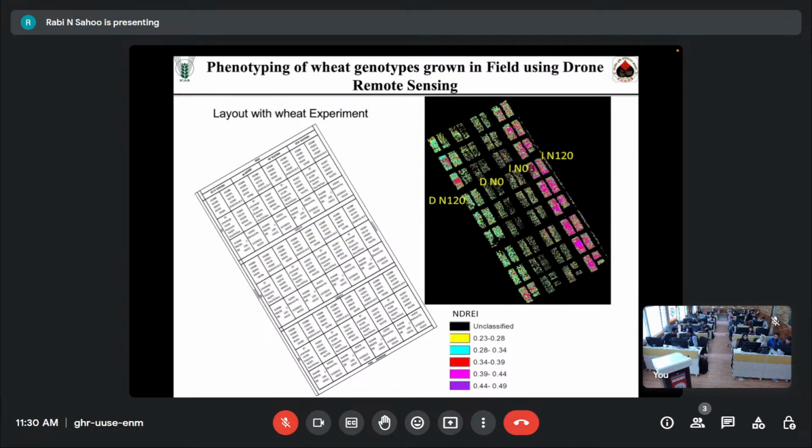Plant scientists who are breeders are looking for how a genotype responds to the drought treatment. The canopy temperature will be different depending on the differential response of the genotype to uptake water, or if a water treatment is given. So the canopy temperature may go beyond the air temperature if the plant is dry or there is not sufficient water, because then the cooling effect won't be there. No evaporation, no transpiration. So the plant will